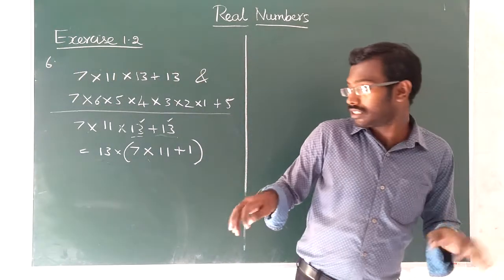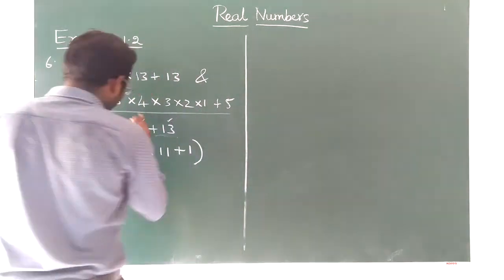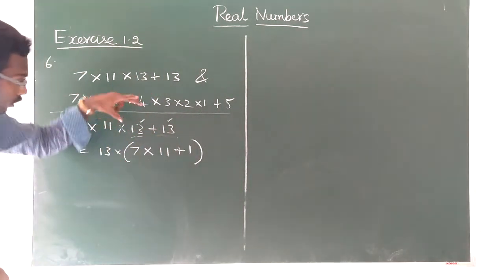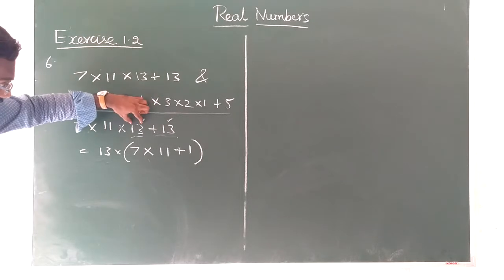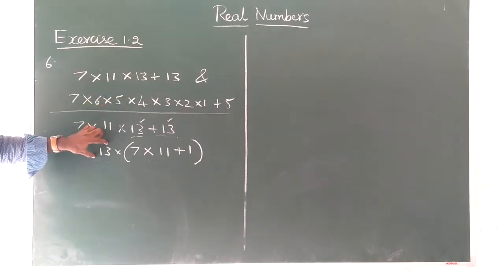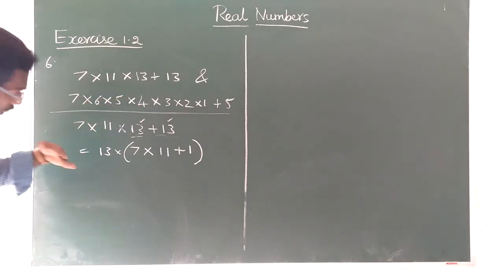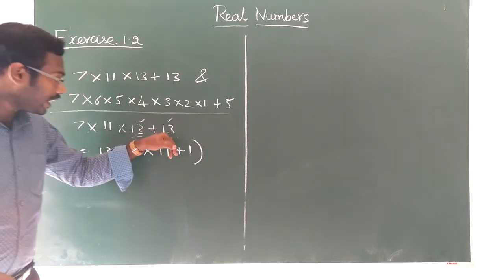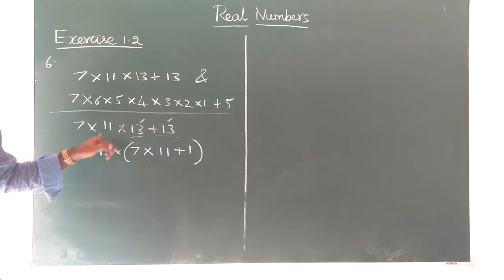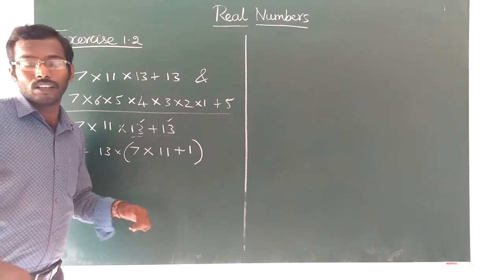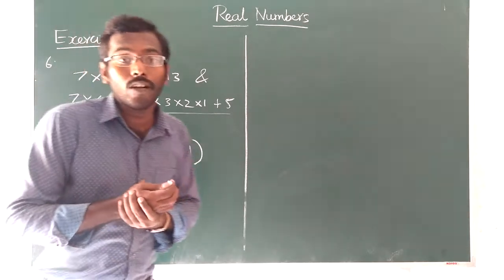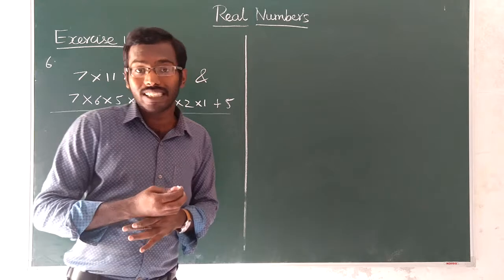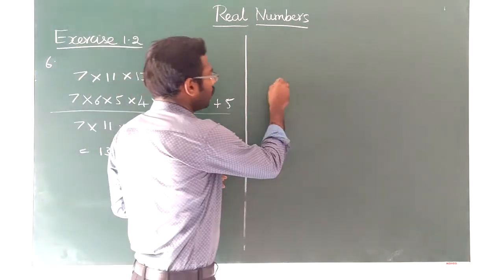No need to be confused. These are all in products, but this value is in addition. So which two values are the same? Among that, the product value you take outside. The remaining values are in product, so write directly. But this value is in addition, plus 13, you have already taken commonly outside, so it will come plus 1. Okay, you may have a doubt. Sir, if we do like this, whether the answer will change or not? Shall we check that? Okay, we will check that.